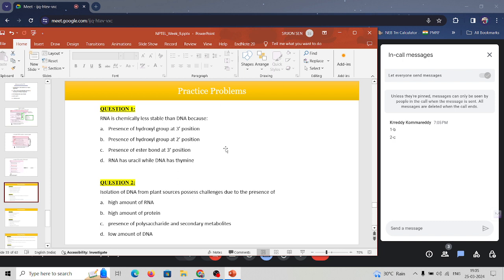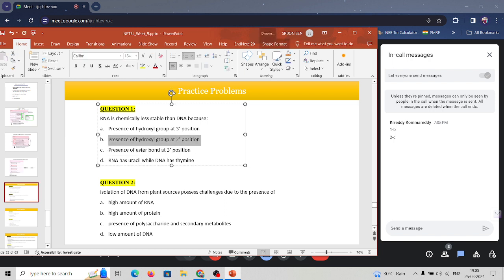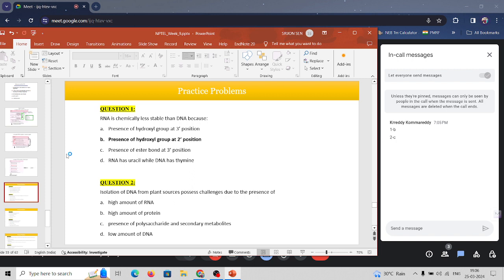Right. So the first question says RNA is chemically less stable than DNA because of the presence of a hydroxyl group at the 2 prime position, the presence of an ester bond at the 3 prime position, or uracil, while DNA has thymine. Yes, option B is correct because it is susceptible to alkaline hydrolysis, which makes it less